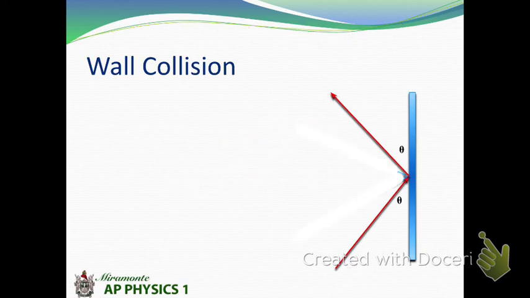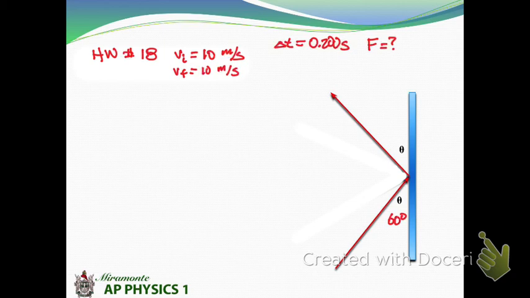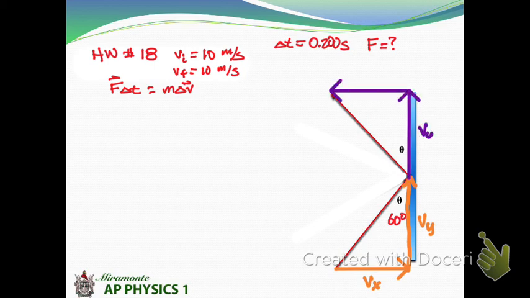Now, in your homework problem, you're going to have a similar scenario where you have something glancing off a wall at a 60-degree angle, and they tell you the delta T and the initial and final velocity, and they say, what is the force? So what you have to recognize is how you have to break this down into components. Remember, we're talking about vectors. So we have F delta T is M delta V. If we take our incoming velocity, I'm going to call it V sub X and V sub Y, and then I'm going to have my outgoing velocity. I'm going to call it V sub X prime and V sub Y prime. And I do that because I'm lazy and I don't like writing initial, final all the time. Just prime after the collision. That's a little bit easier.